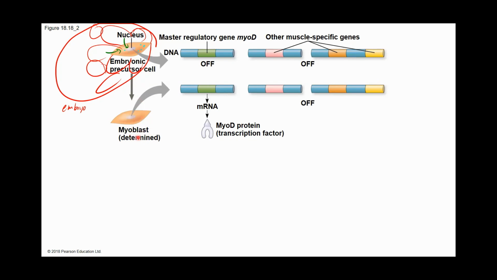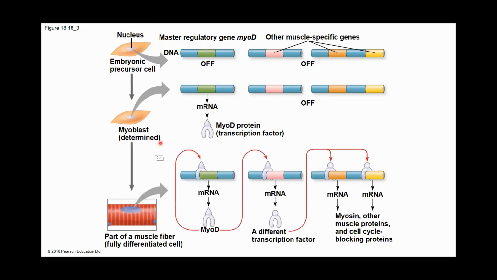If the MyoD protein is produced, the cell becomes a myoblast, not an embryonic precursor cell, and now the cell is determined. What do I mean by determined? This cell will eventually become a muscle cell. Why? Because this transcription factor, which we could call an activator, will eventually